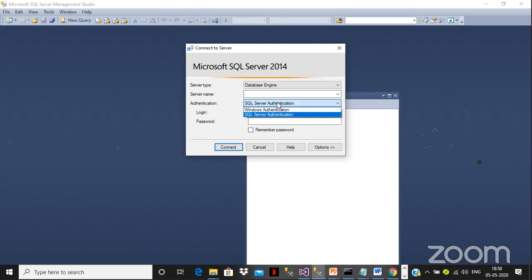Now, why did this form come? It is asking you for permission. Now I want to create the database. I want to write the queries. I want to create the table. I want to insert the record, delete the record. I want to perform some operations. So in order to perform some operations, first I will open my SQL Server Management Studio and it will ask